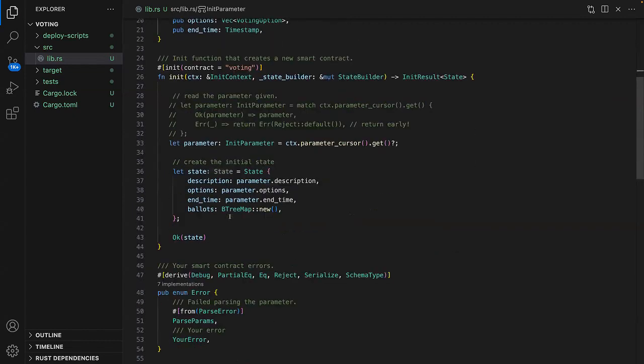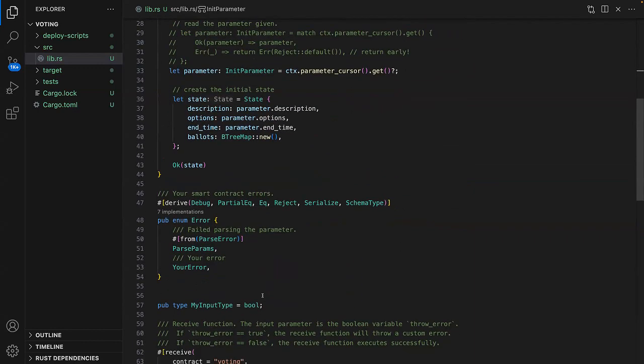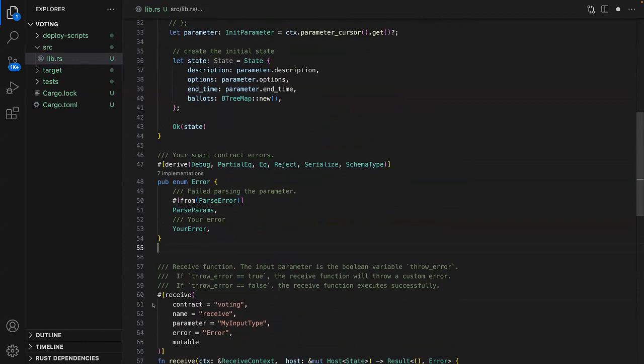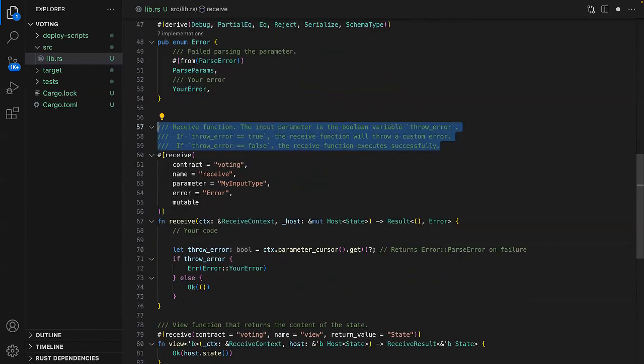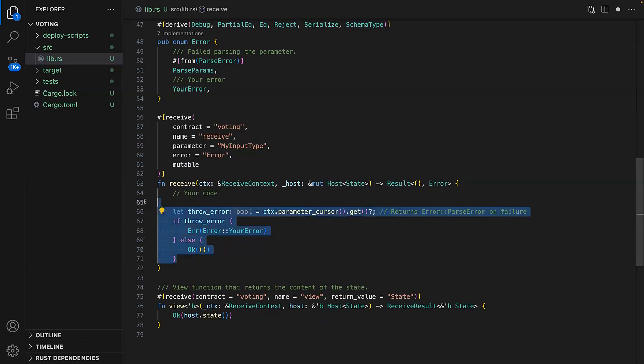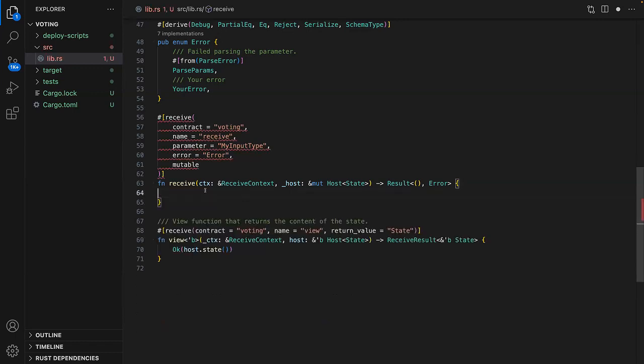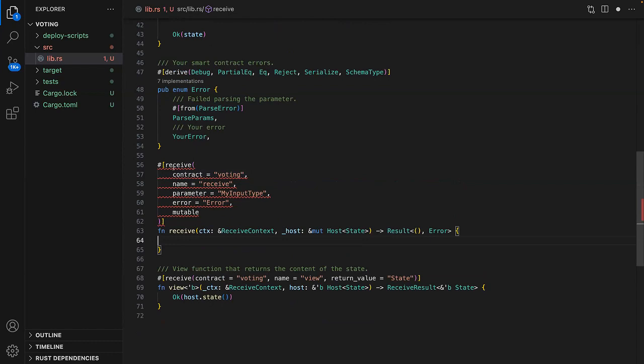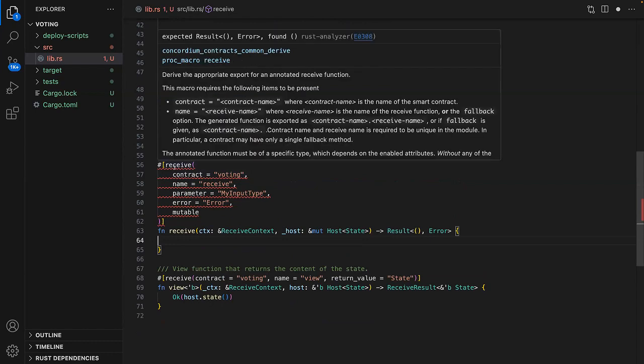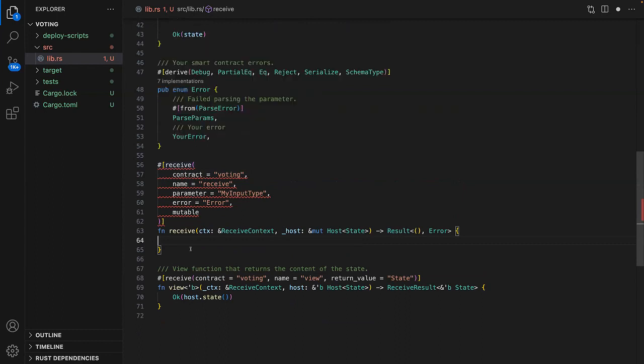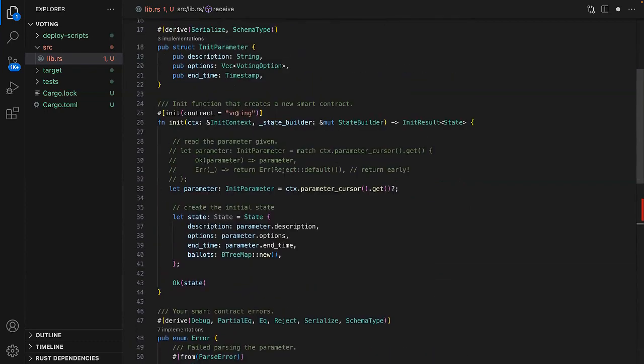Okay, so with this out of the way, we are ready to create our first receive method. We already got a receive method down here. We'll just remove the code here. Here we're using a receive macro, and those are the 2 basic macros that you need: the init macro for your contract initialization method, and then 0 or more receive macros for your receive methods. So here we're saying this receive method belongs to the voting contract, which matches up here,